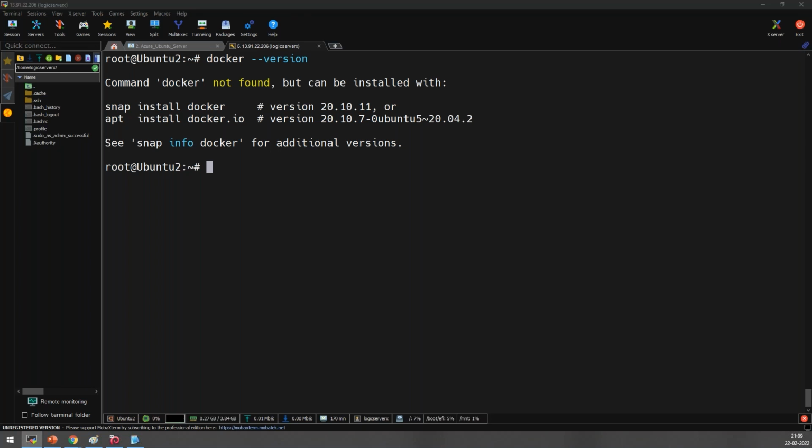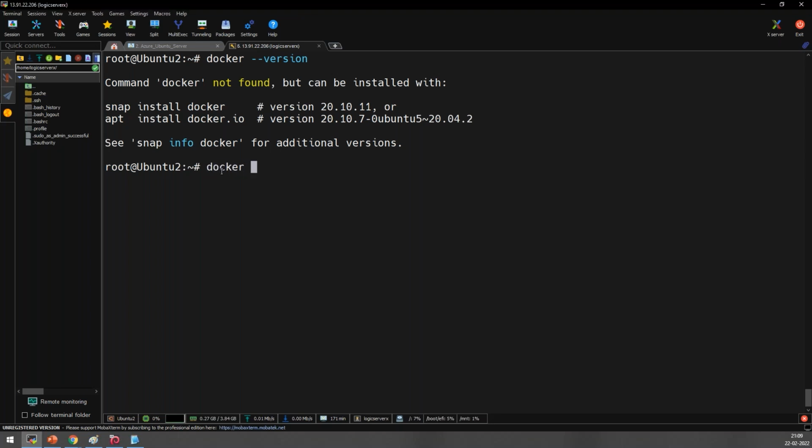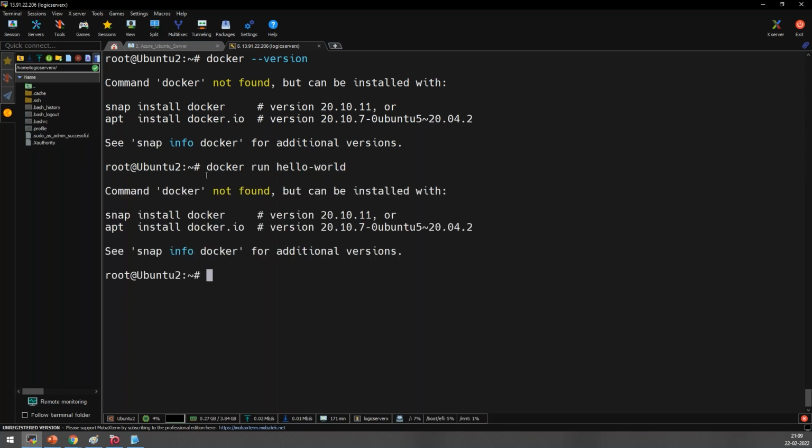If you want to see if Docker is installed, you can check docker --version, or you can try to run a simple container, like the hello world container in Docker. Like this, docker run hello world. Don't worry. See, it's showing an error.